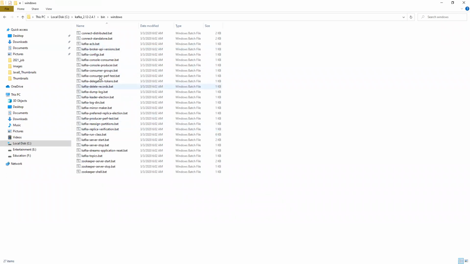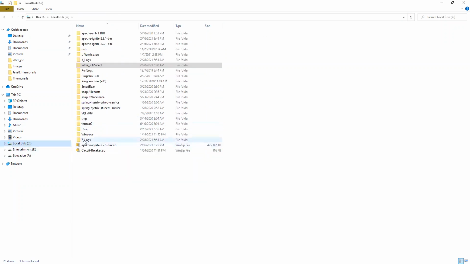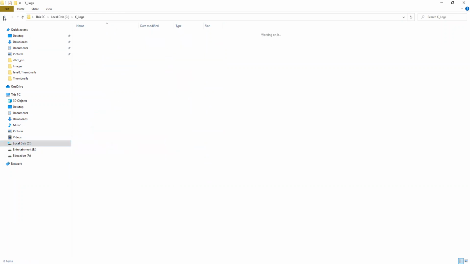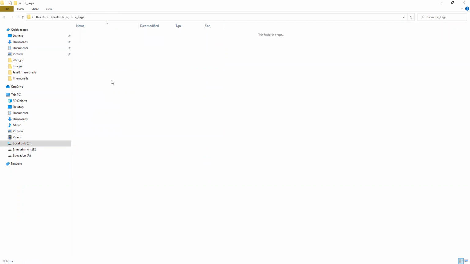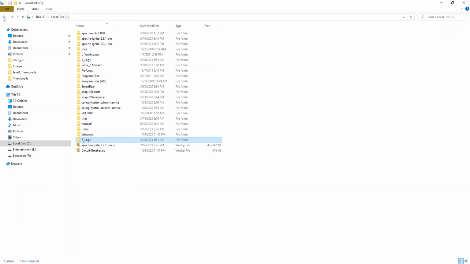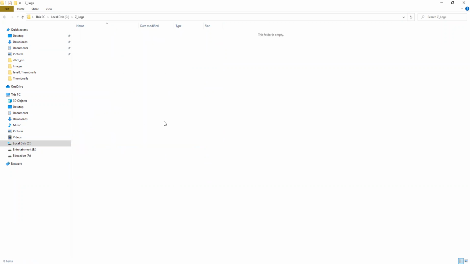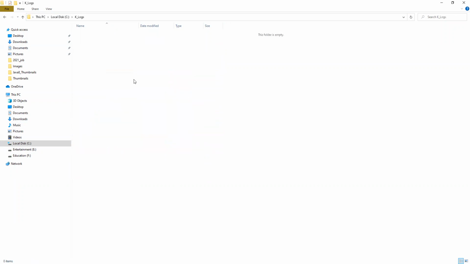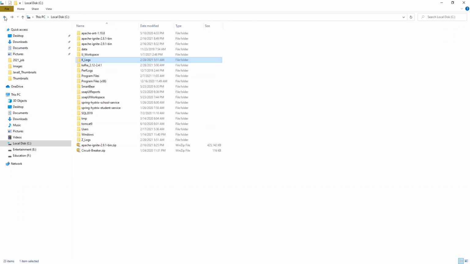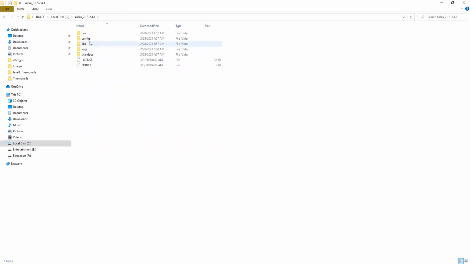Before running this, we need to have some logs here: Zookeeper logs and Kafka logs. We need to maintain some logs inside the Kafka server. It will not have sufficient space by itself, so we need to give our memory space to store the logs. So we have the Zookeeper and server folders. Now the Zookeeper logs are empty, and the Kafka logs are empty. Okay, you have created some log folders, but you need to give the path of those logs, right?